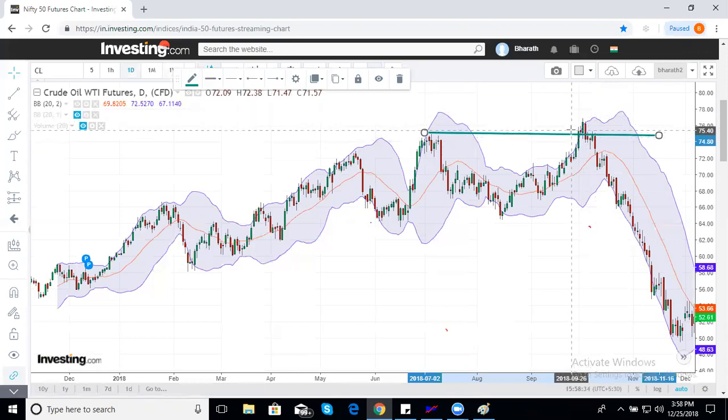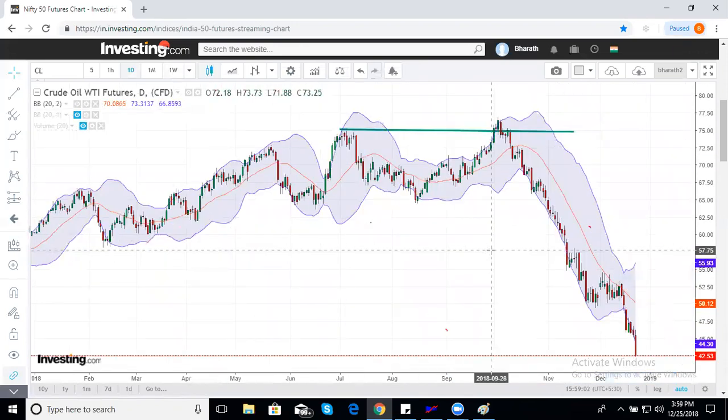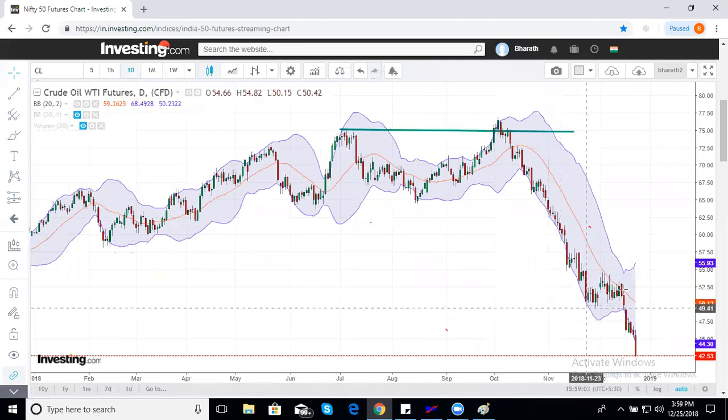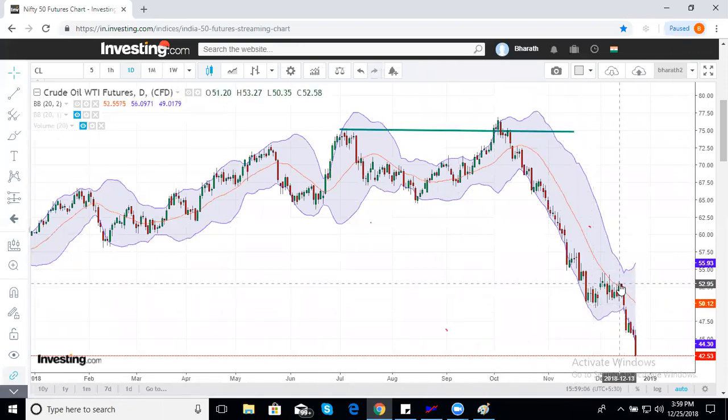trap the bulls. People were bullish. Usually what people do is, if resistance breaks, they buy. If resistance broke, they bought, and they're last people to buy. From there, market came back. See, within 3 to 4 candles, it should not come back to the resistance zone. If it is coming back, that means it is trapping. That rally was just to trap the bulls. Bulls were trapped, and you see the market down. And again, in this daily chart, middle band resistance 1 week back on crude oil dip.